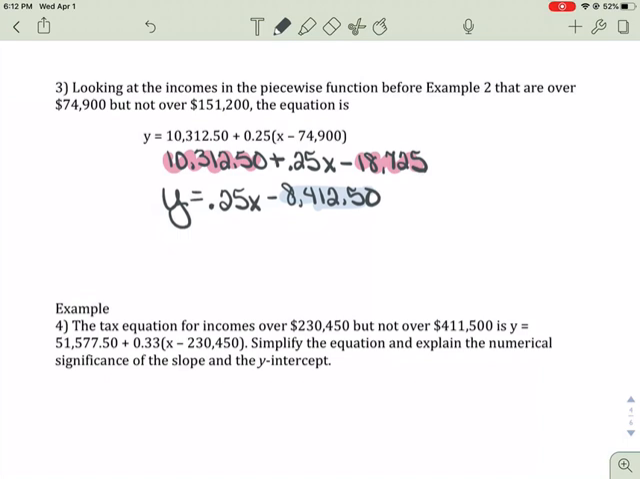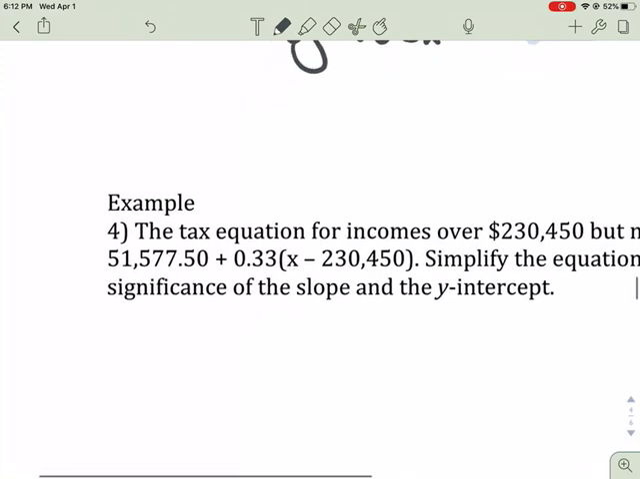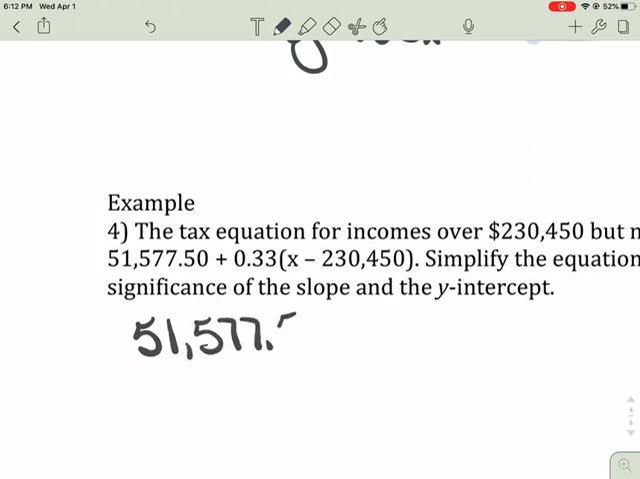Okay. So we have a tax equation for over 230,450 but not over 411,500. It is y equals 51,577.50 plus 0.33, or 33%, times the quantity x minus 230,450. Okay, so let's clean this up. So we get 51,577.50 plus 0.33x minus